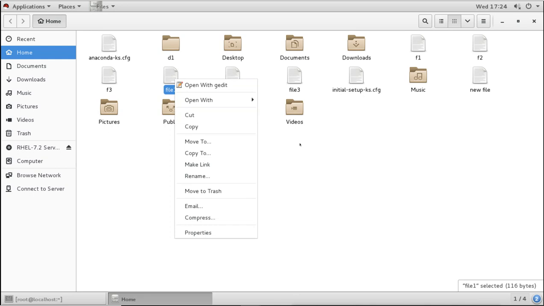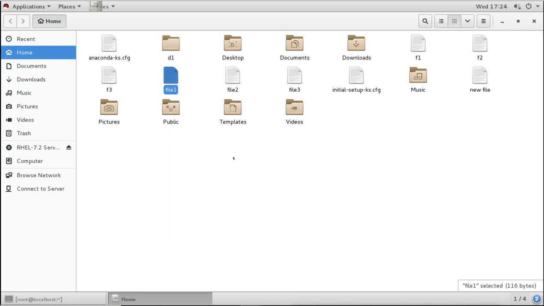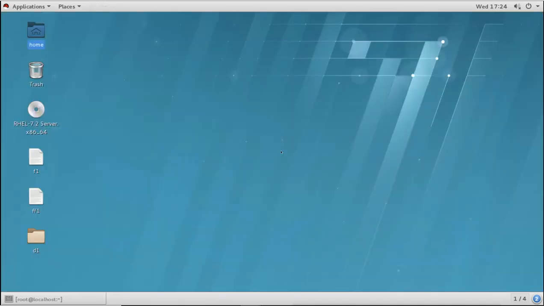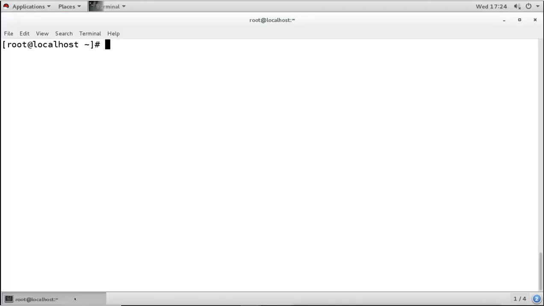Then we go to the place where we want to move the file, right click and paste. So whether we cut or copy, we can do the paste. Graphically we do it in two steps, cut and paste. In the command line, same as copy, we can do it in a single step, and what is that? A single command.